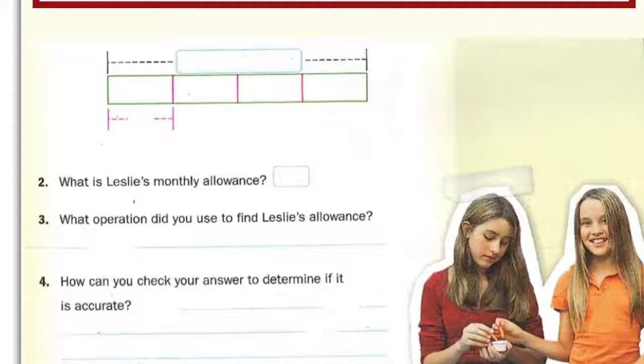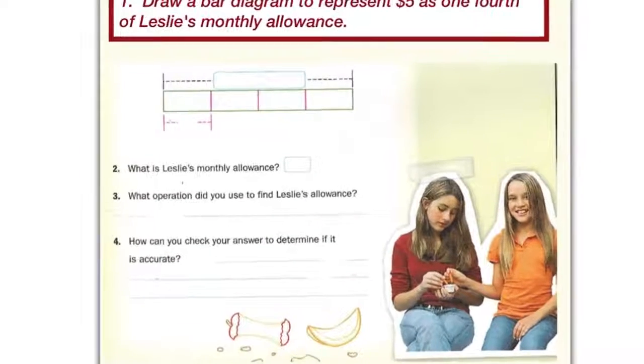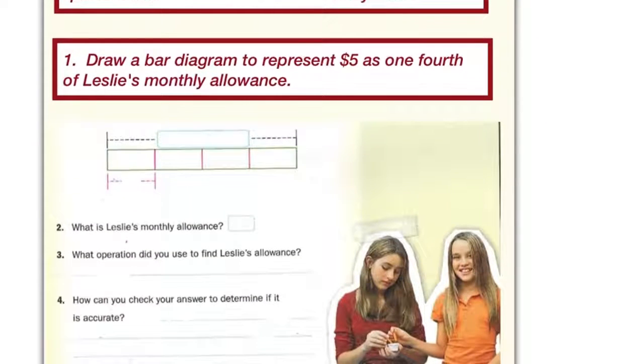Okay, now let's use something called a bar diagram to help us. Okay, here's our problem. Leslie spends 5